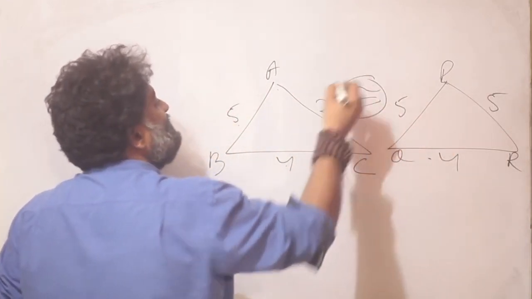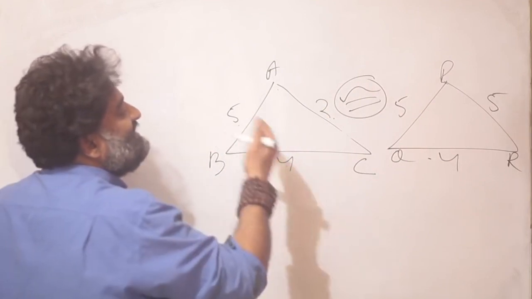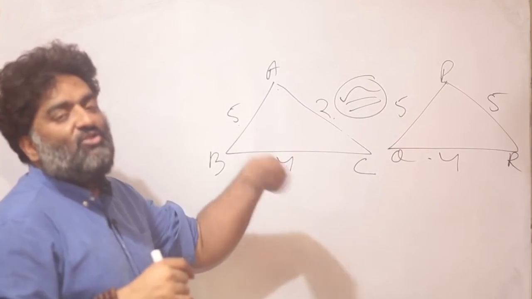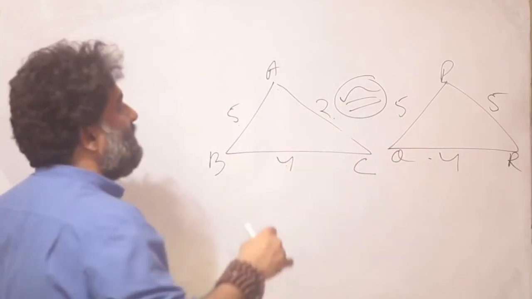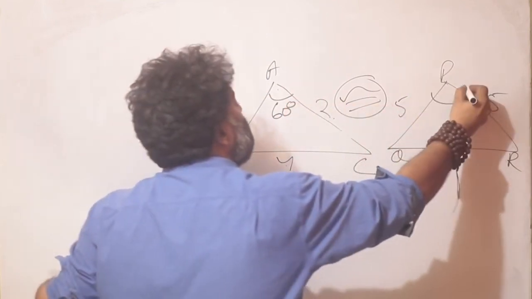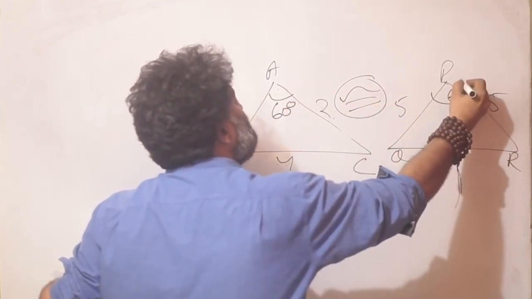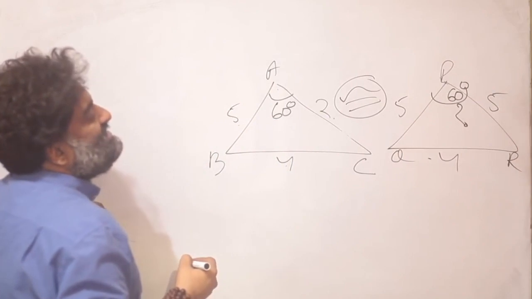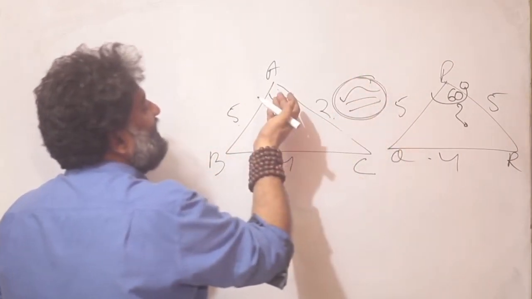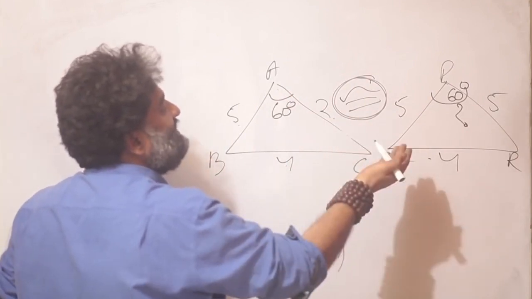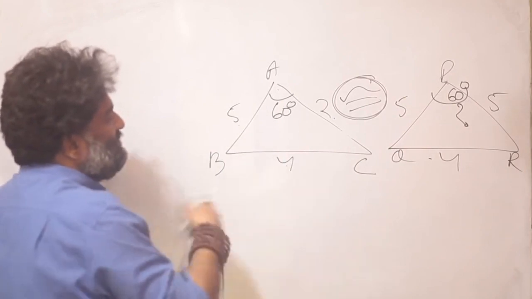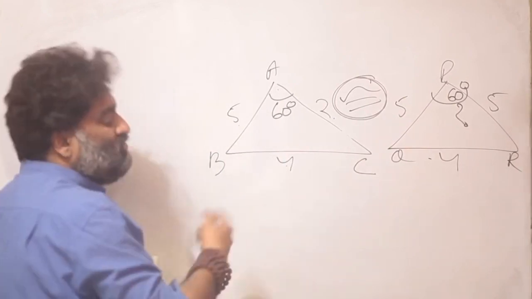Why? Because I know the triangles are congruent, and when they are congruent, the sides are all equal to each other. I'm just giving a hint of how the question will come in the backward form. Or if this angle was given to me as 60 degrees and the question was what is this angle, I could have very quickly said this angle is also going to be 60 degrees, because the two triangles are congruent to each other, and that means all three sides and all three angles are going to be equal to each other, right? So this was obviously ridiculously easy and nobody is going to ask me this question.